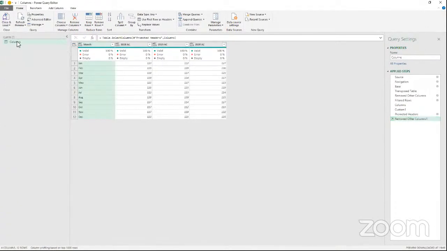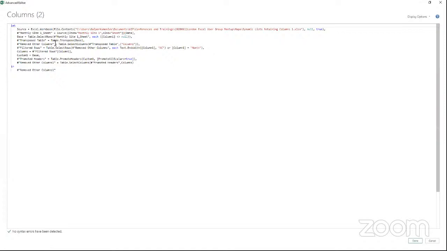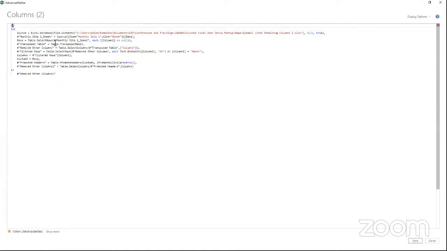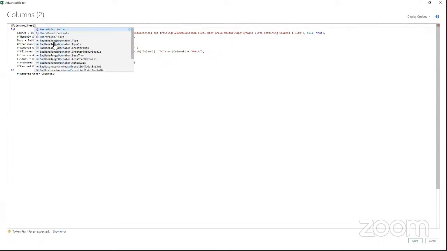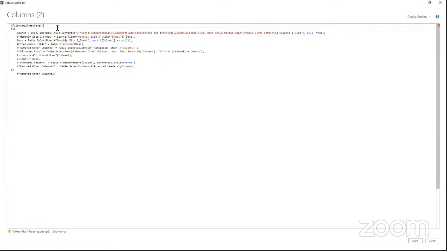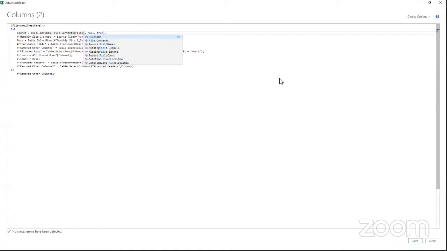Now we're just going to do a duplicate of this. And with the duplicate, we're going to go to Advanced Editor, and we're going to change it into a function. So we're going to say, what you're going to get is file name, and you're going to get a sheet name. And then you're going to do everything I taught you with those. So this shouldn't be hard-coded like this. This should be a file name. And this should not be hard-coded like this. This should be a sheet name like this. Okay. So now that I have my function,